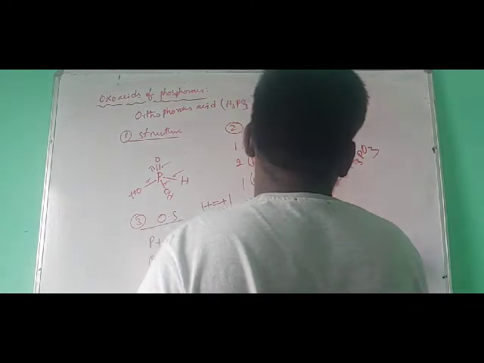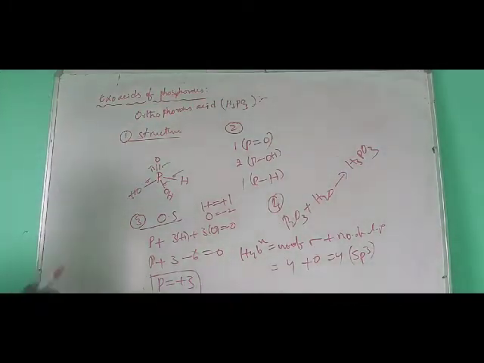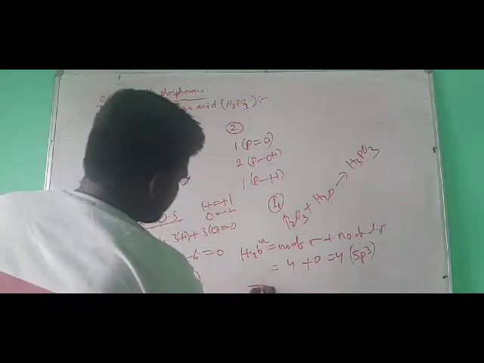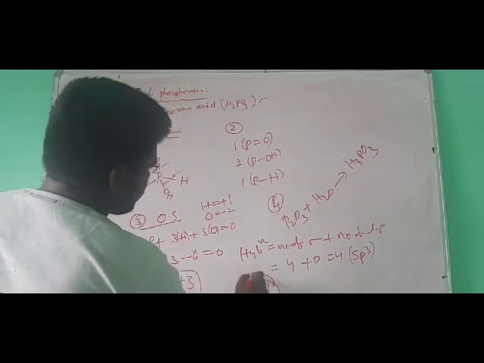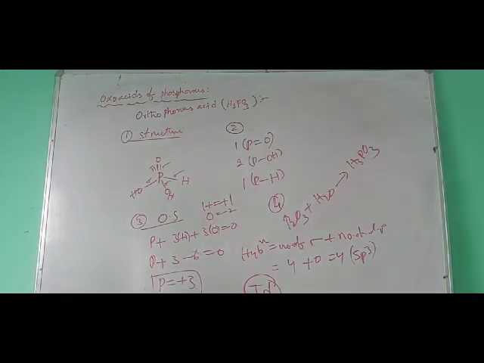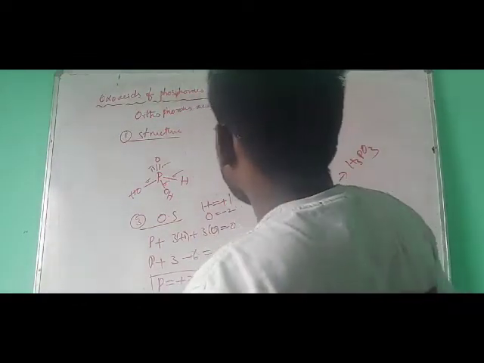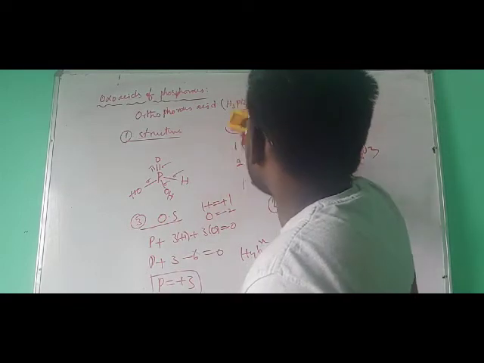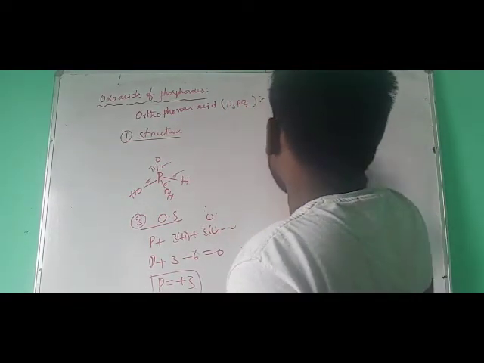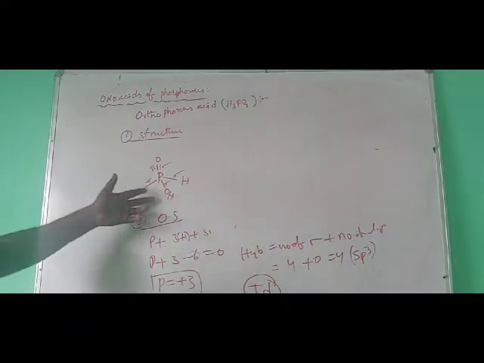When the value is 4, that one undergoes sp3 hybridization. So now here phosphorus undergoes sp3 hybridization. The geometry of the molecule is tetrahedral geometry. sp3 hybridization, and the next one tetrahedral geometry. And one more thing here, when it is dissolved in water, this one can release 2 H plus ions, because here 2 OH groups are there.